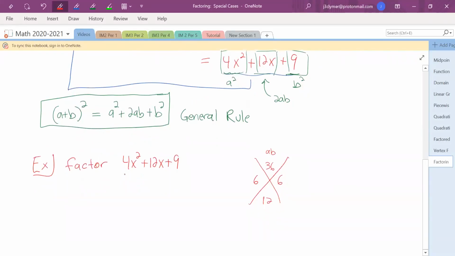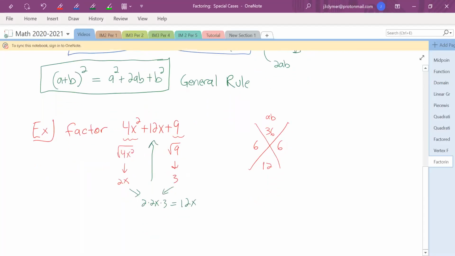You ask yourself, what is the square root of this? The square root of 4x squared is going to be 2x. You ask yourself, what is the square root of this? The square root of 9 comes out to be 3. And then you ask yourself, now that I know what this is, is the middle term just going to be 2 times this? So I say, what is 2 times 2x times 3? And if it comes out to be the same as this right here, and it does, then I know that we have the form of